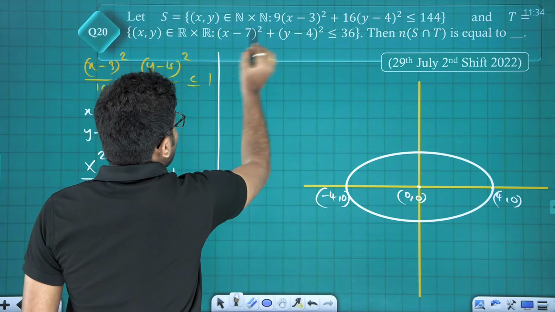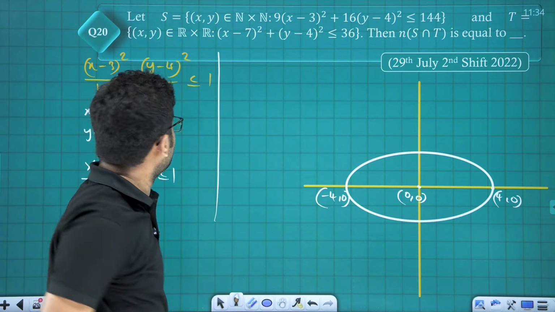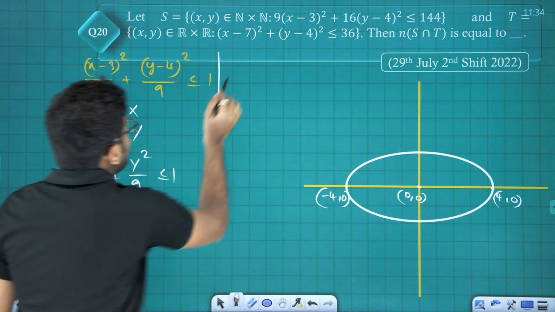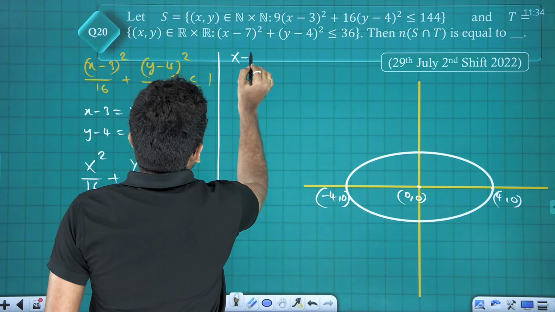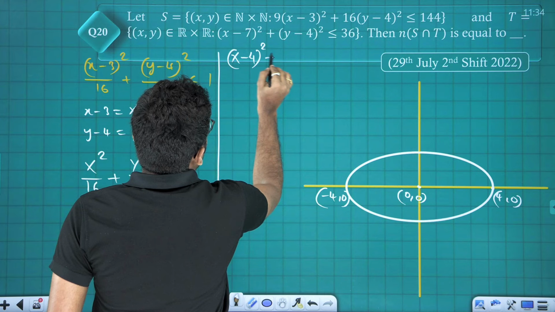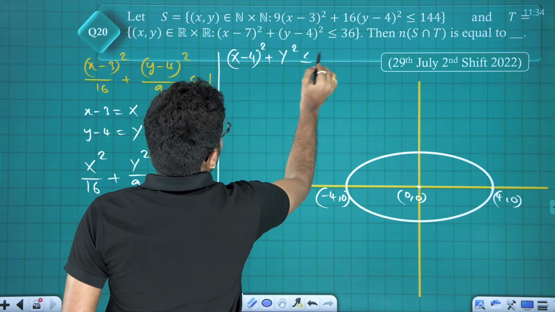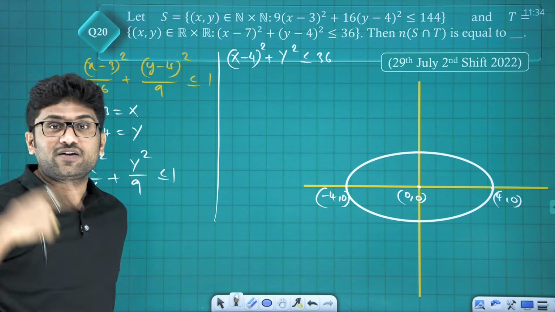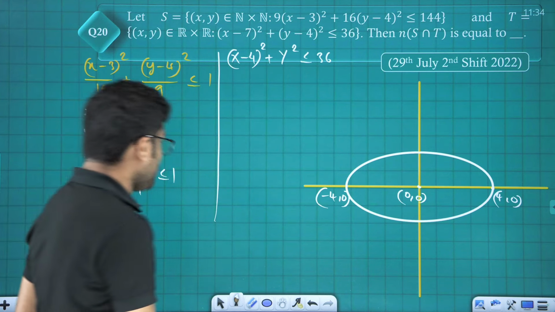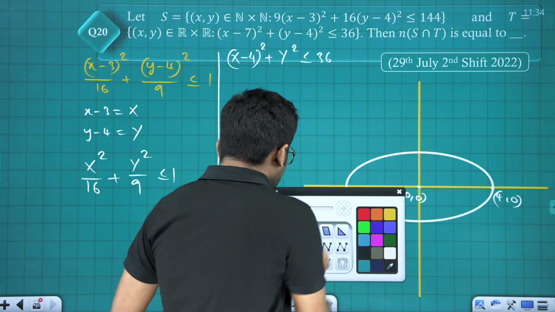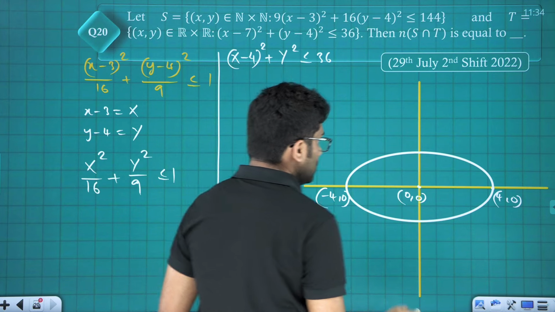This circle is (x minus 7) whole square plus (y minus 4) whole square. Already x minus 3 is capital X, no? I can write this as (capital X minus 4) whole square plus (y minus 4, call it capital Y) square less than or equal to 36. A circle with center 4, 0 and radius 6 units. Radius 6 units. So for sure this will be like